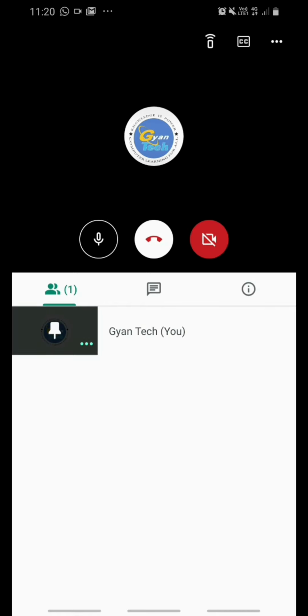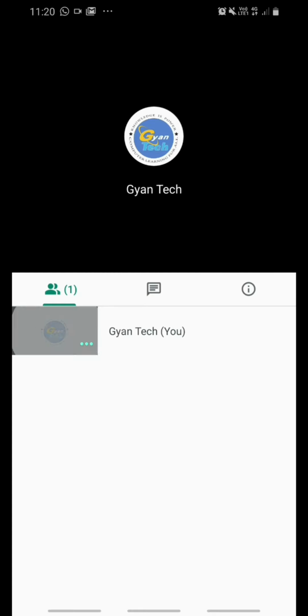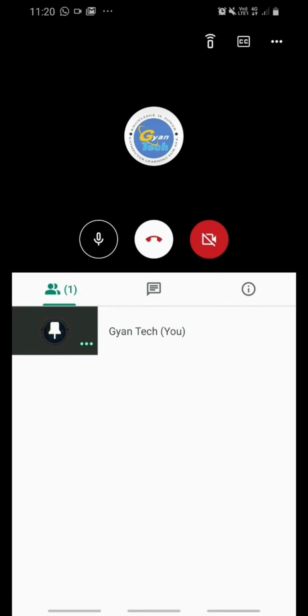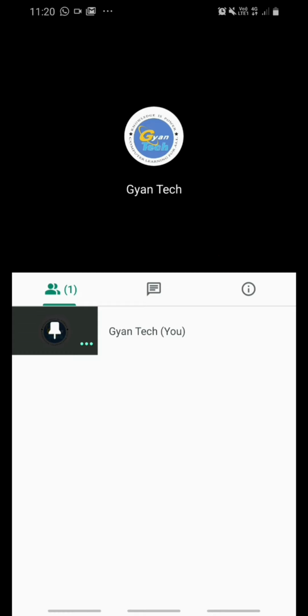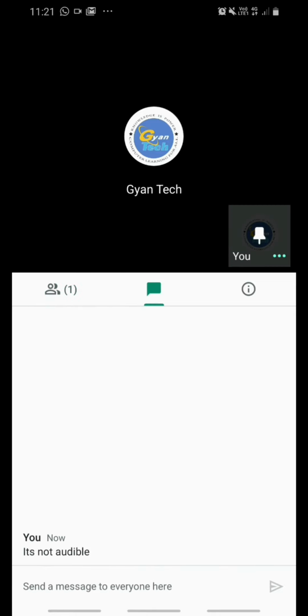Those who are presenting that meeting, he or she will be visible on the screen. Or you can also share your mobile screen for presenting the information in the form of slides or something like that. That will be very useful for the participants also. Then this is all about our Google Meet. We can have all these features, additional features are there.